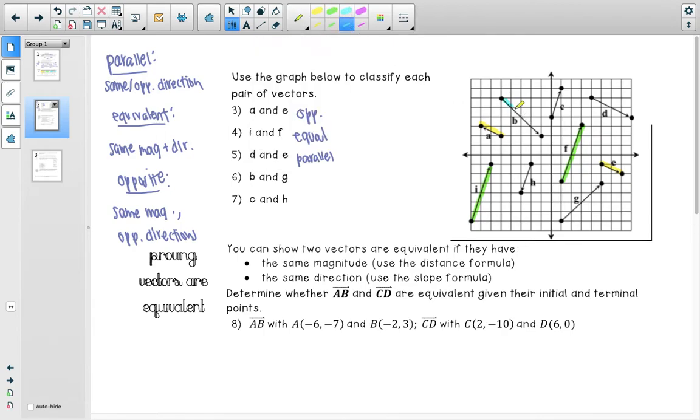B and G. So we have B and we have G. Okay. It's going down 1, 2, 3, 4, 1, 2, 3, 4. So they have the same distance, but they're kind of going about things oppositely. But they don't have the same magnitude. We're not guaranteed that. So this one's actually none. They're not heading in opposite directions, so that's why it's not opposite. And these aren't heading in the same or complete opposite directions, so that's not it. Since that doesn't match at all. And then last but not least is